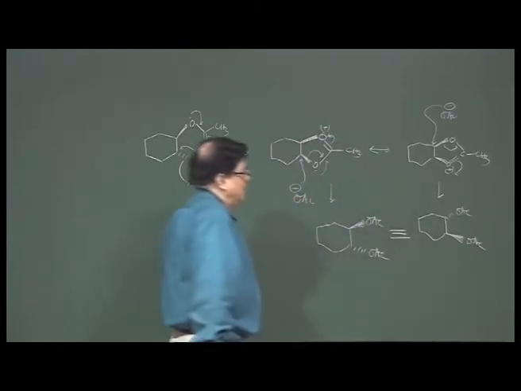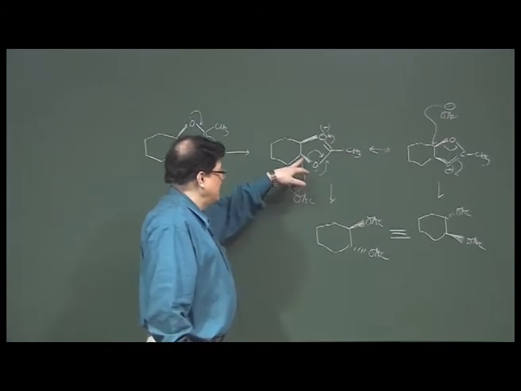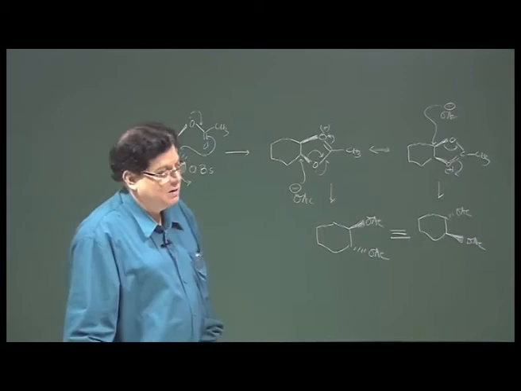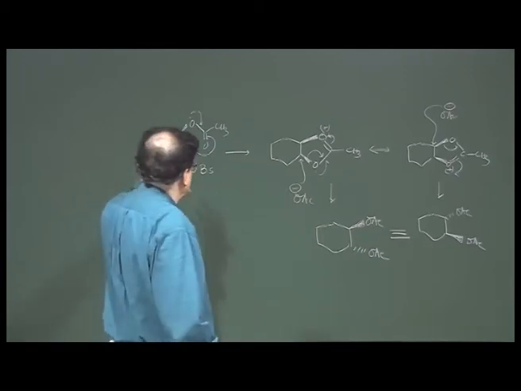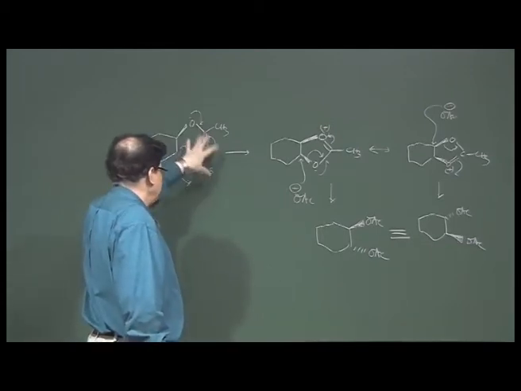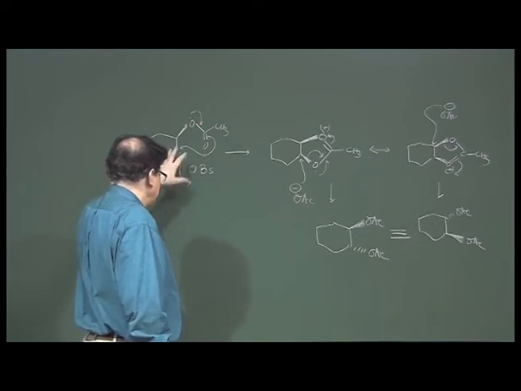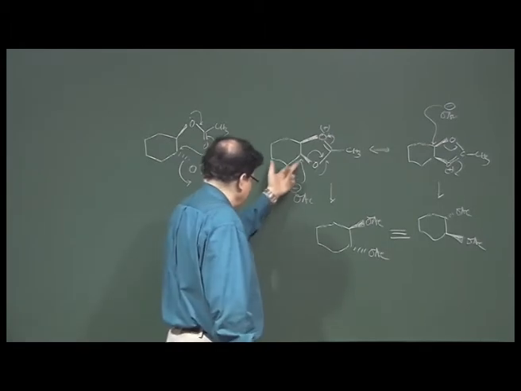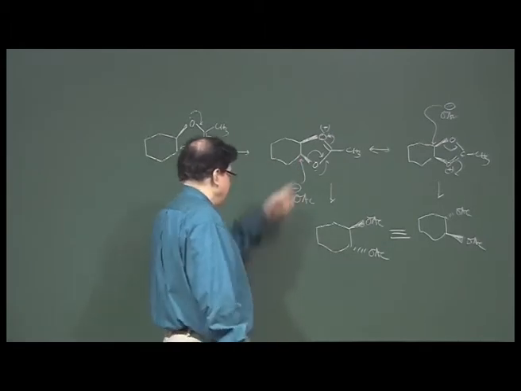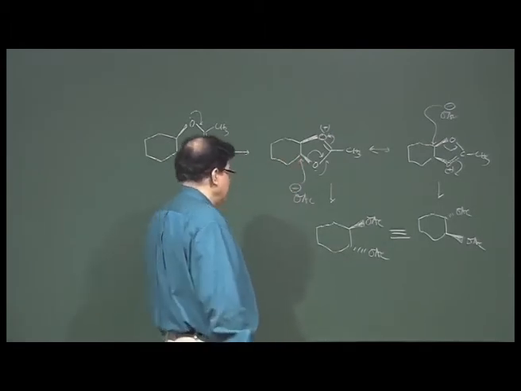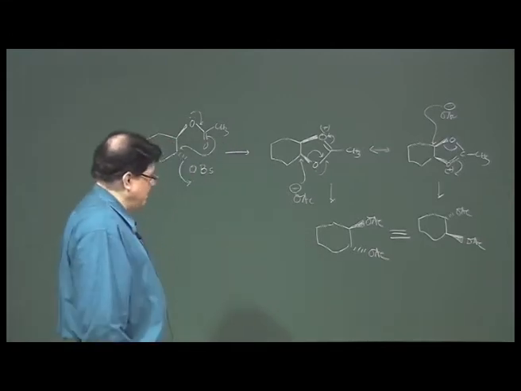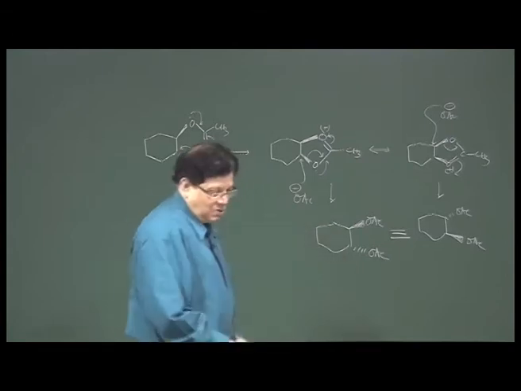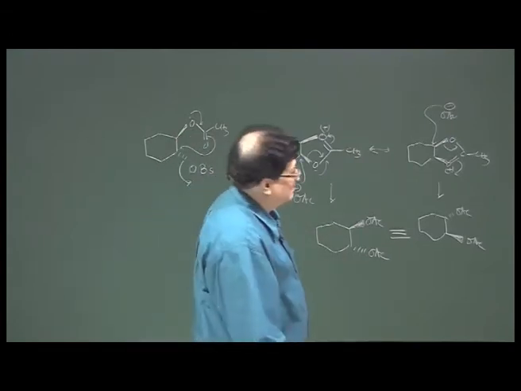Okay. So, it is not that it is attacking only the carbon where the brosyl group is there, it can also attack the other carbon, and this is the mechanism. So, basically it is an anchimeric assistance from the acetate first to kick out the brosylate. So, that is one inversion, and then it decides to attack from the back side. So, that is the further inversion. So, that gives it a retention. Okay. So, ultimately the result is that the two acetate groups are trans to each other, okay, 100% trans.